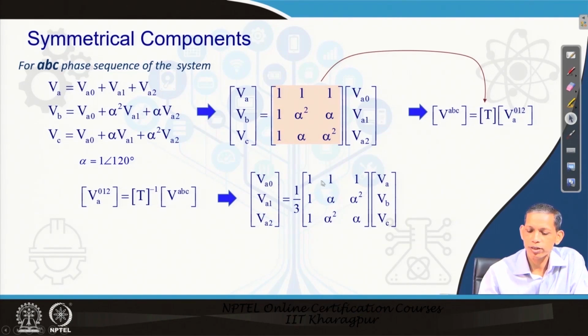So, you see here, consider there is a relation between T and T inverse, and T inverse is nothing but the inverse of this matrix, the earlier one. From this we see that there is a clear relation between the phase components and the sequence components, and you can also relate the sequence components to the phase components by multiplying the corresponding matrix